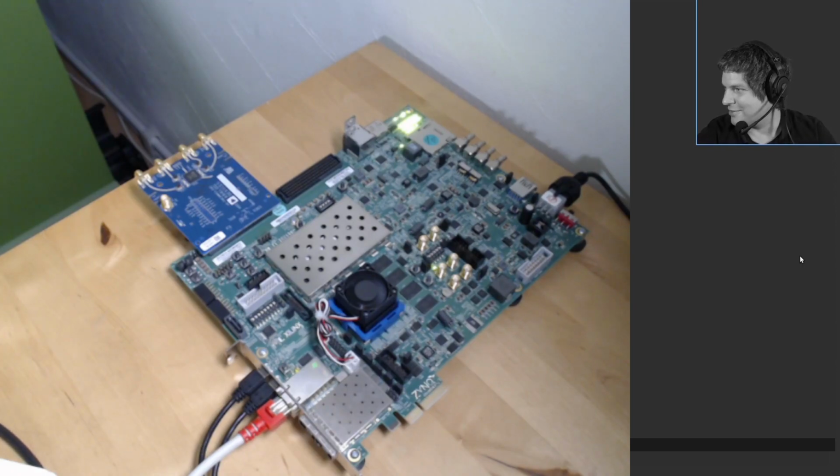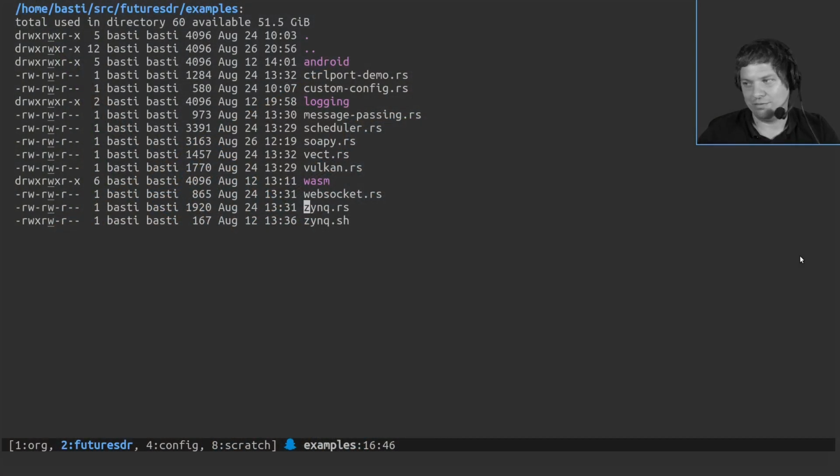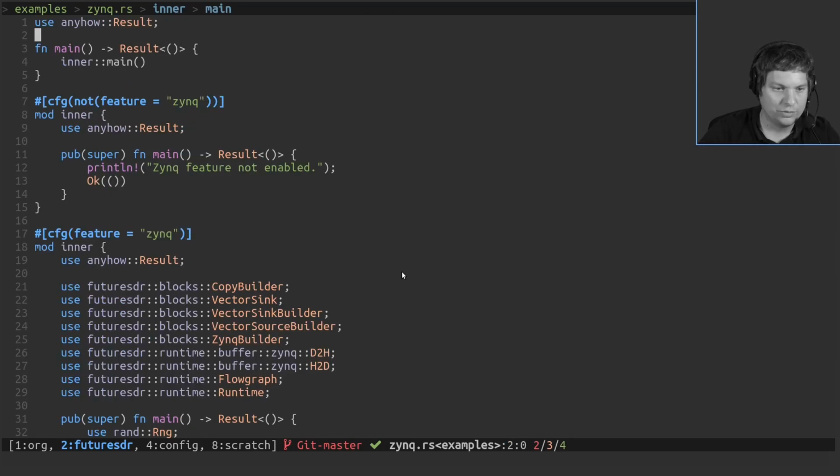Okay, so the final example I want to show targets a SyncBoard, and now switch scenes. I waited for this so long. Yeah, this is a Xilinx ZCU106 board with an MPSoC chip. It has ARM cores together with an FPGA, and it's running a small Linux system on the ARM, and just running FutureSDR on this Linux system on the ARM is trivial. So the interesting part here is obviously interfacing the FPGA, and that's what we are doing.